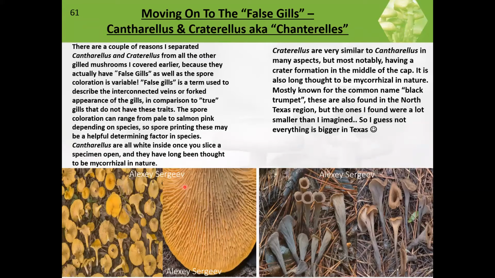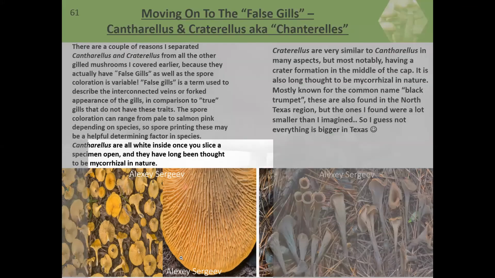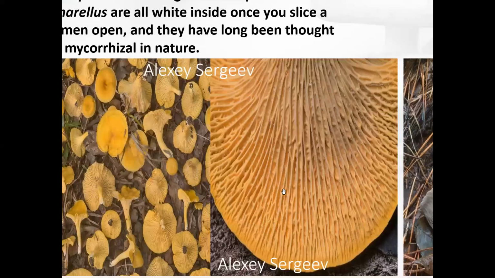So moving on to the false gills, and these are the chanterelles, right? They're species within the two genera, Cantharellus and Craterellus. And they're called false gills because they don't really have true gills. To me, still they kind of look like gills. You know, I'm sure to you guys they kind of look like gills, but mycologists don't call them true gills. They call them false gills because of the fact that they have interconnected webbings. When you see in between the gill faces, they have kind of like a vein formation that connects them together,